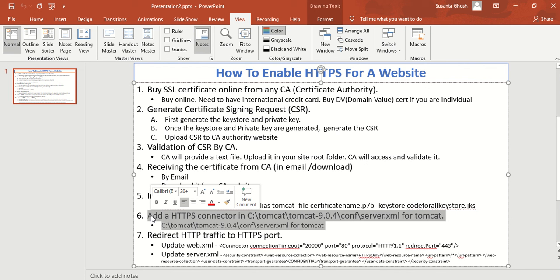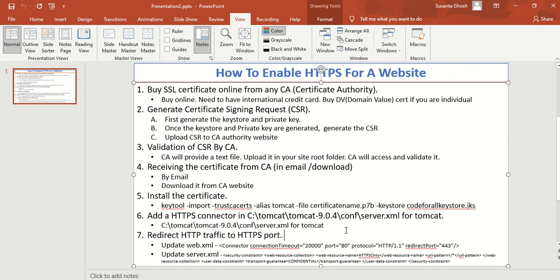But there is another step you should do, because if someone is trying to access through HTTP, it should be redirected to HTTPS. Someone may not know whether you are HTTPS enabled or not, so someone can try with HTTP. If someone tries with http://www.yourwebsitename.com, then it should be redirected to HTTPS.